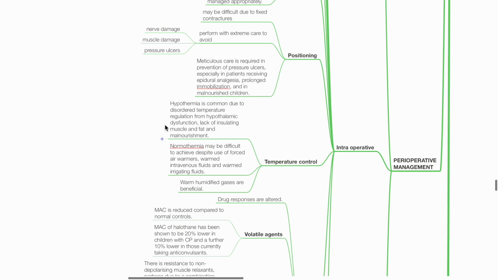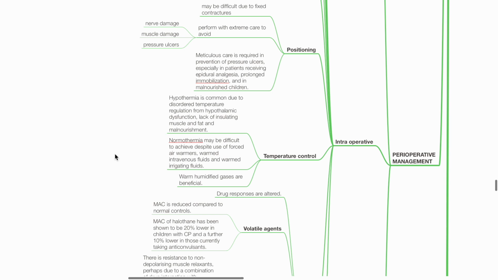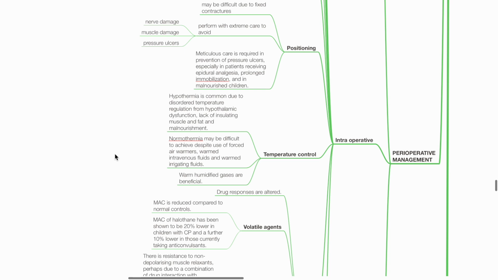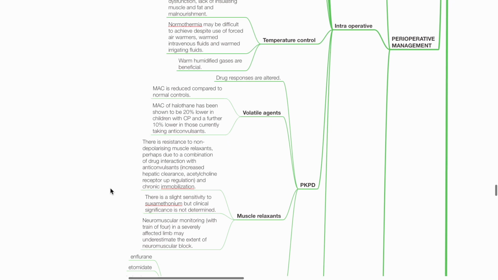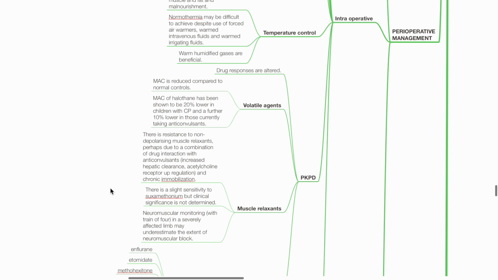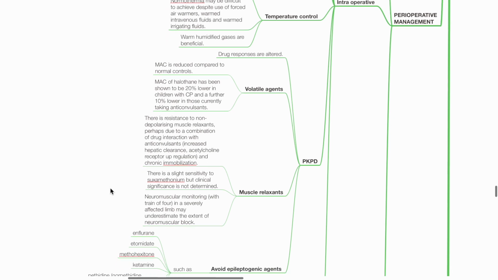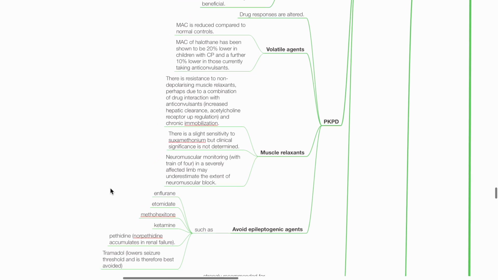malnourishment. Normothermia may be difficult to achieve despite use of forced air warming, warm IV fluids, warm irrigation fluids, and warm humidified gases. Drug responses are altered. Regarding volatile anesthetics, MAC is reduced compared to normal controls. Regarding muscle relaxants, there is resistance to non-depolarizing muscle relaxants,